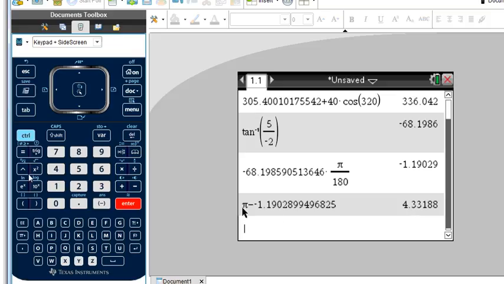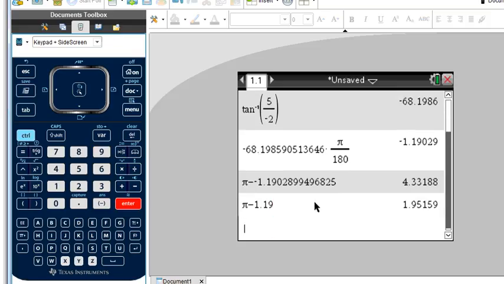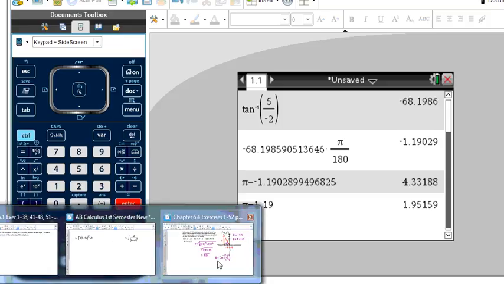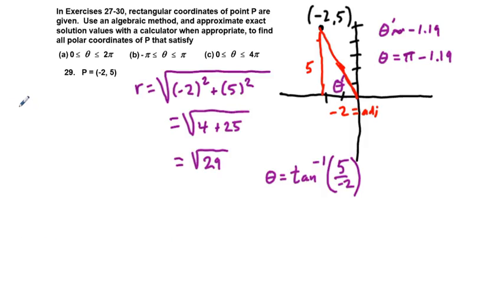Minus negative. So it's going to be pi minus negative 1.19, and we're going to get 1.95. So the polar coordinates here are going to be, for part A,